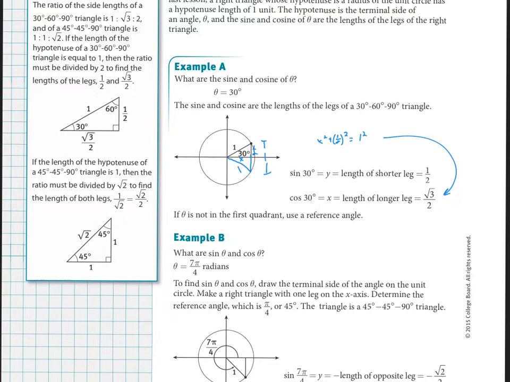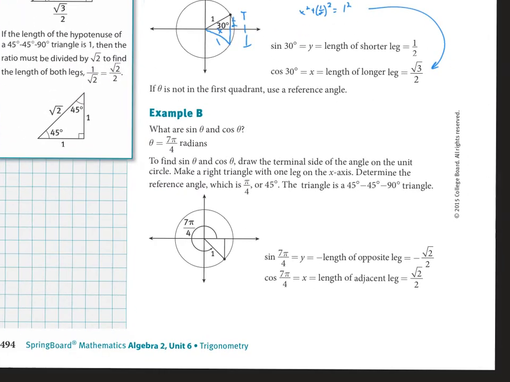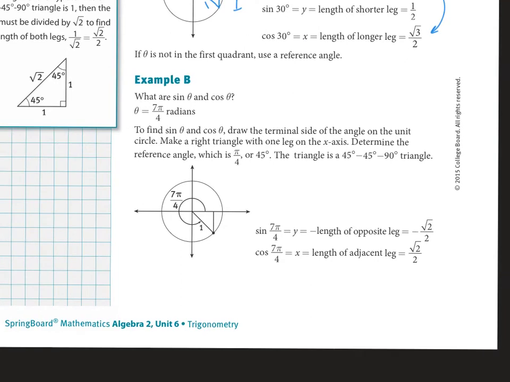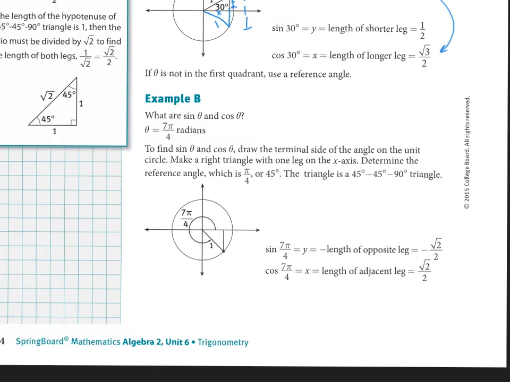They can also give not just angles in degrees, but also in radians. So we see that here in example B. 7 pi over 4, that's just short of 2 pi. So 1 pi over 4 is short. So in reality, if I'm thinking about this, this is pi over 4 for that reference angle, or 45 degrees. So this is a 45 degree triangle, so I know these are equal sides. I just don't know how much, but if I call them, say, x and y,